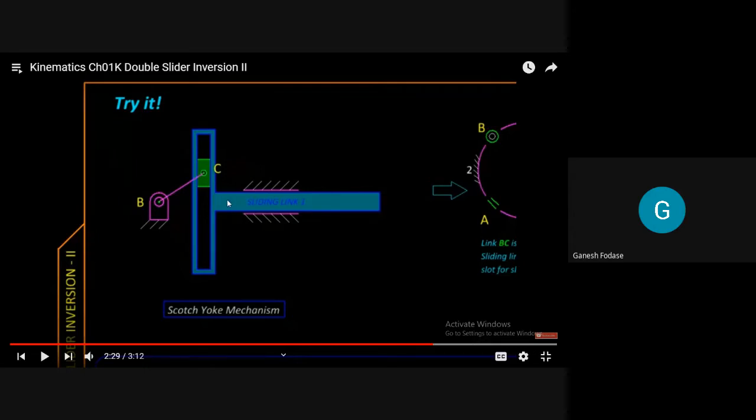At the same time, the sliding link 1, which is the complete section, will move back and forward. For a particular angle, it is moving back. For a particular angle, it is moving forward. So forward and reverse motion of that T-shaped link is achieved here. That is, a prismatic pair is achieved between link number, as per our naming, we can say link number 4 and 1. Here naming is somewhat different, but I hope you understand the working and animation here. Did you understand how it works?